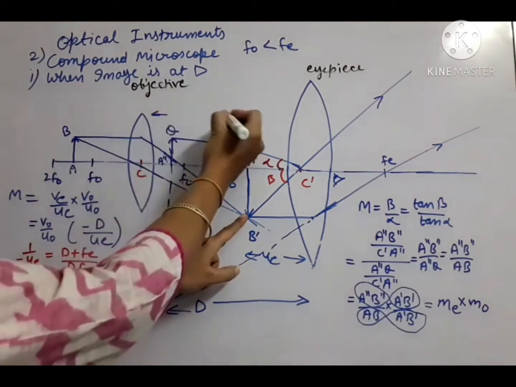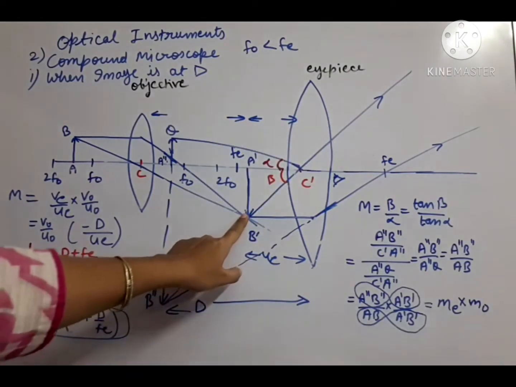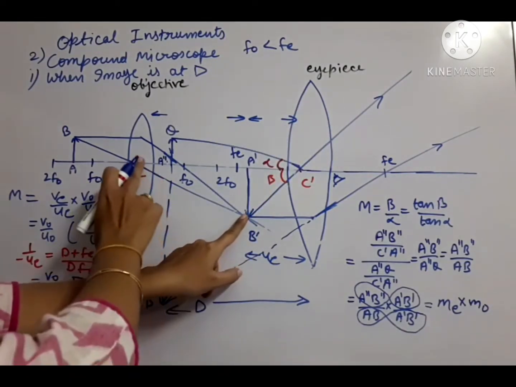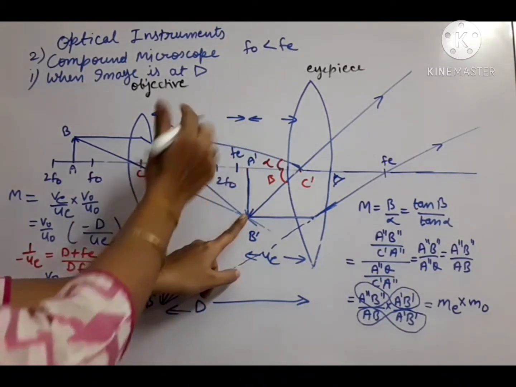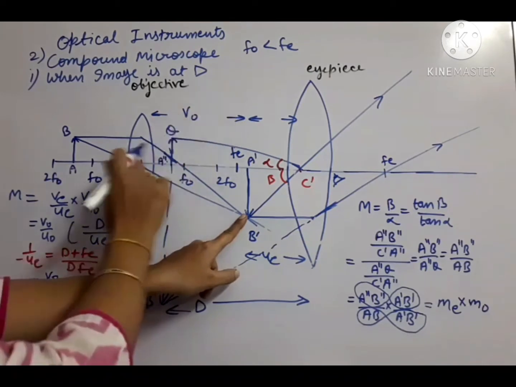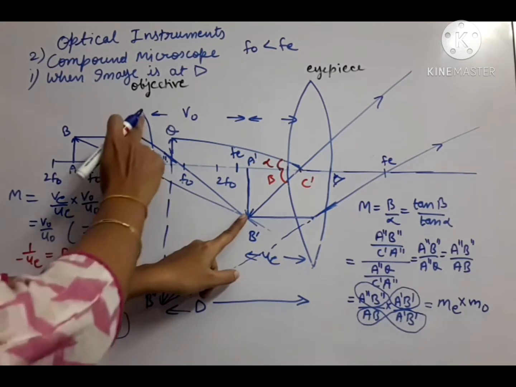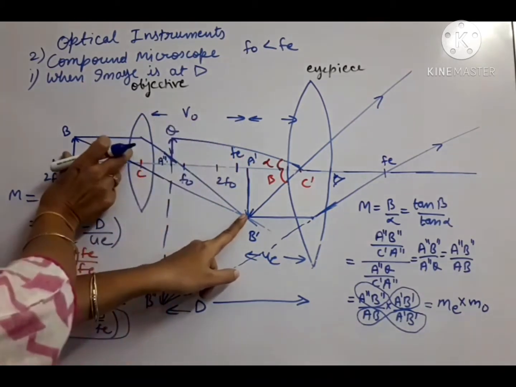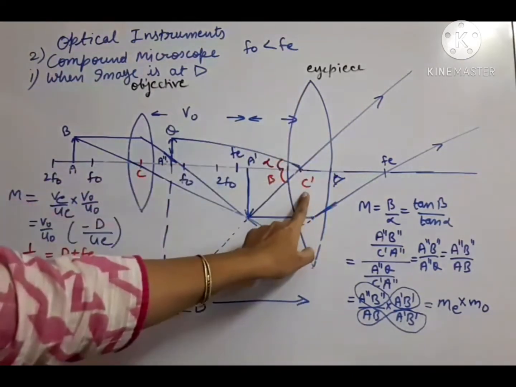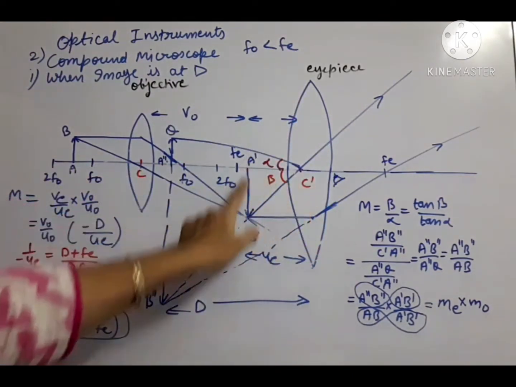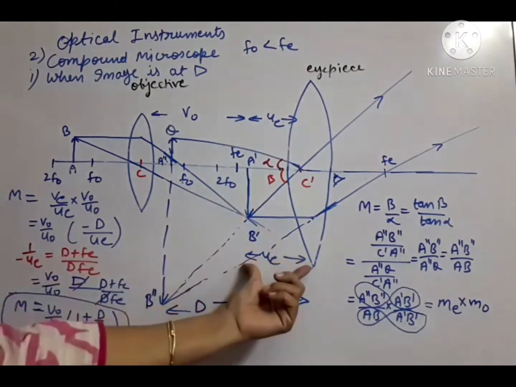यहाँ से यहाँ तक की distance को क्या बुलाएंगे और यहाँ से यहाँ तक की distance को क्या बुलाएंगे? Let us make now. So ये क्या है? पहले तो इस लेंस के respect में ये image है. ओके, image को हम लिखते हैं V, तो ये है VO. This is the image formed of objective lens, so we will call this distance VO. जैसे ये U है, UO है, ये है VO. अब यहाँ आते हैं इस लेंस के respect में यानी C dash के respect में ये क्या है? ये है इसका object, तो ये है UE which we have already written here.